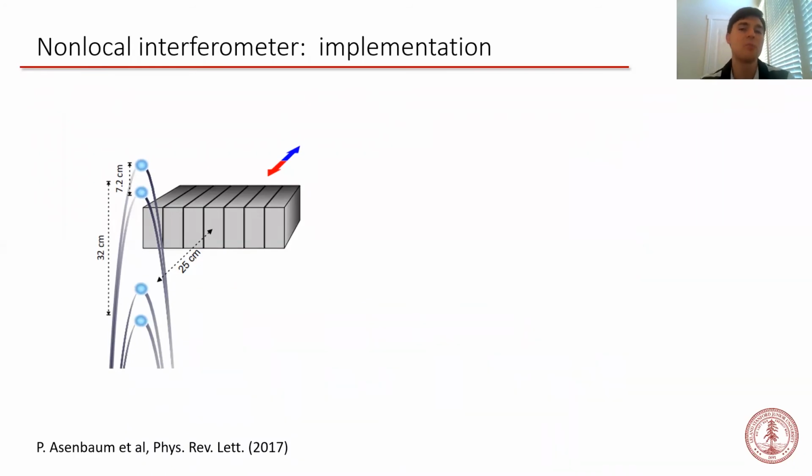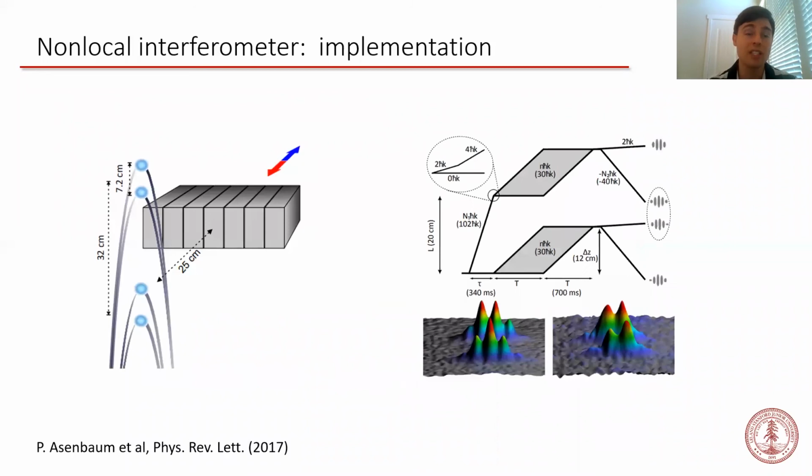The idea of the experiment is to observe the tidal phase shift induced by a nearby source mass. The source mass consists of a stack of lead bricks placed near the apex of the interferometer trajectory. We performed the experiment with a single source gravity gradiometer. This space-time diagram illustrates how the gradiometer works.